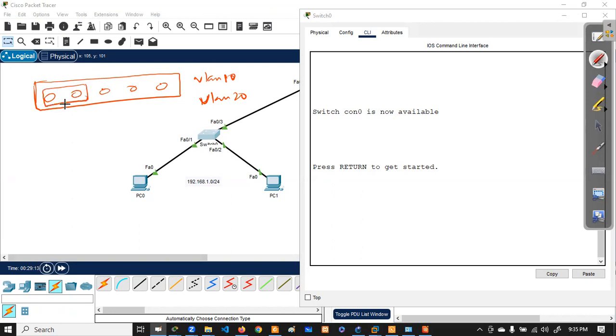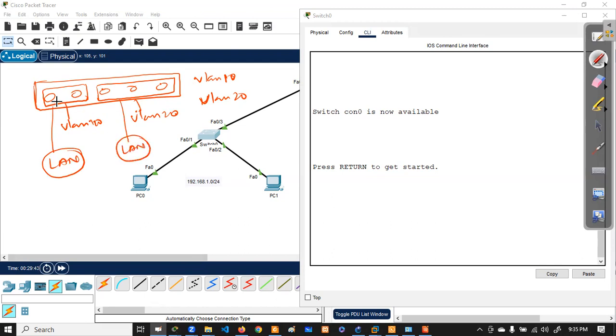These 2 ports are assigned with VLAN 10. Otherwise, all the ports are in VLAN 1 only. That is the default VLAN. Okay. So these 3 are assigned VLAN 20. Now these two ports are in a single LAN, right? This is in another LAN.